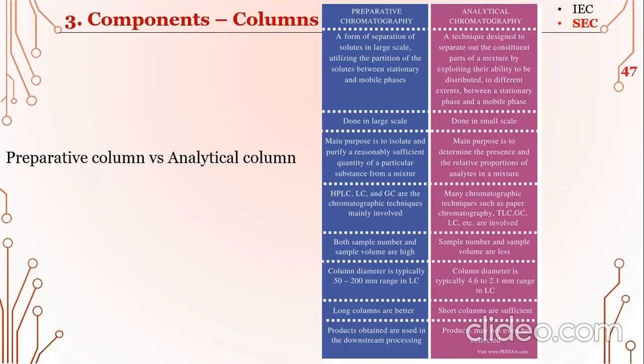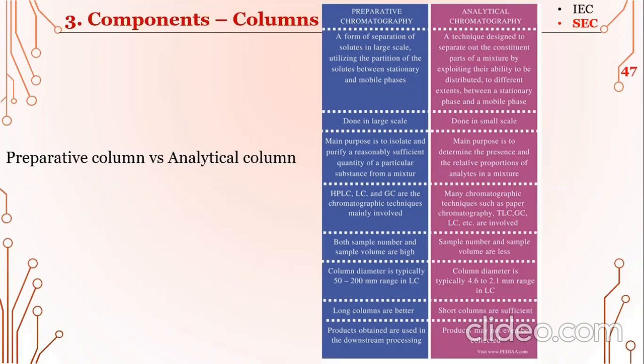और प्रिपरेटिव क्रोमेटोग्राफी में सैंपल ज्यादा है तो जाहिर सी बात है कि कॉलम का डायमीटर भी ज्यादा होगा, वो 50 to 200 मिलीमीटर की रेंज होती है, जबकि एनालिटिकल क्रोमेटोग्राफी में 4.6 to 2.1 की रेंज होती है, वो इनफ होती है। और उसके बाद प्रिपरेटिव क्रोमेटोग्राफी में लॉन्ग कॉलम्स बेटर रिजल्ट देते हैं, रेजोल्यूशन अच्छी देते हैं, जबकि एनालिटिकल में शॉर्ट कॉलम्स के साथ भी हमारा रिजल्ट ठीक आ जाता है।